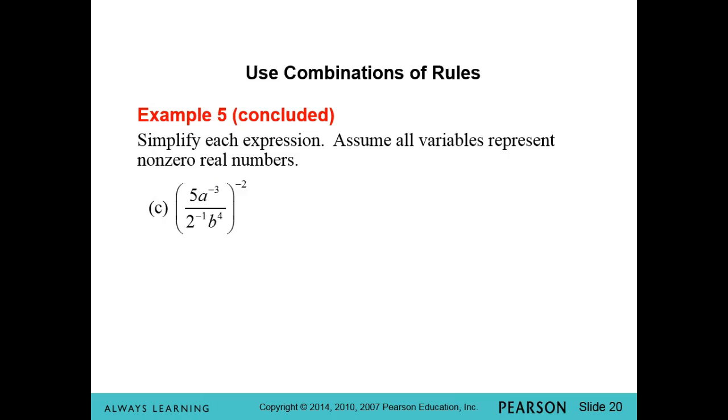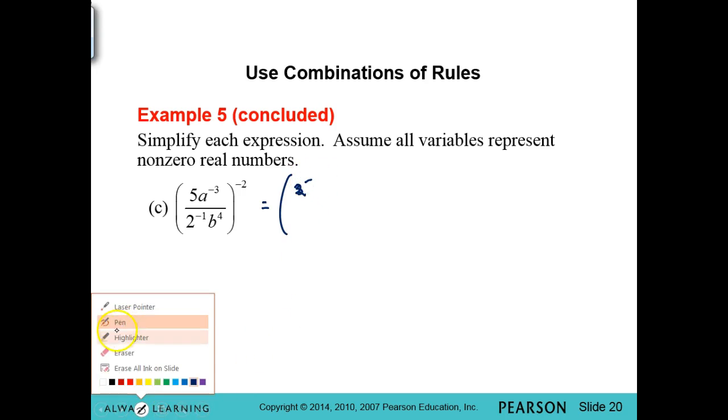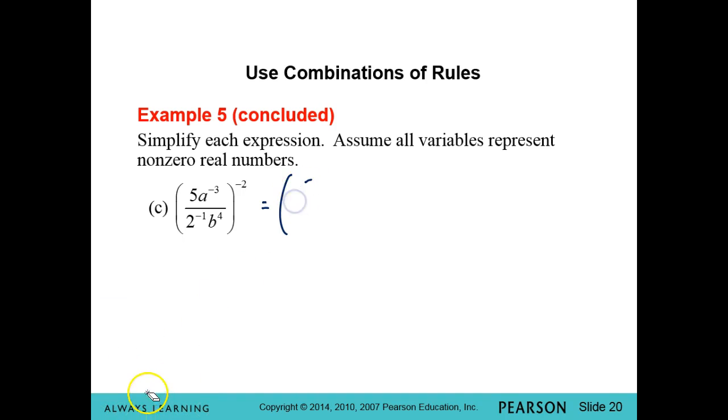Let's try C. Whoa! What are we going to do with that? And again, there's many, many ways to start it. Okay, I saw him do a twisting motion, so what I think he meant by that is 2 to the minus, let me clean that up. That's the ugliest 2, okay? Okay. 2 to the minus 1, b to the 4th, over 5a